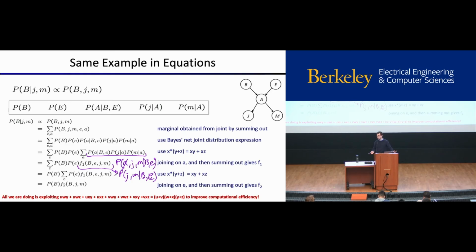It's actually not so important for us what the form of these intermediate factors are, and that's why when we write them as these F notations, we sometimes just ignore the conditional, but we can write them either way. Thanks for that question. Does that make sense? Folks see how I did that?